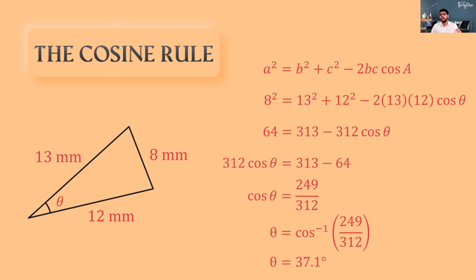So children, this is how you use the cosine rule to find an angle, if you know all three sides. Now, to the earlier question about which side should be A, in this case, this is important. For the sine rule, it's not important, but for the cos rule, A should always be the length that is opposite to the angle you're trying to find, right? So in this case, it's important. Okay. Any questions, children? So this is the end of the cos rule, right? Any questions from this?